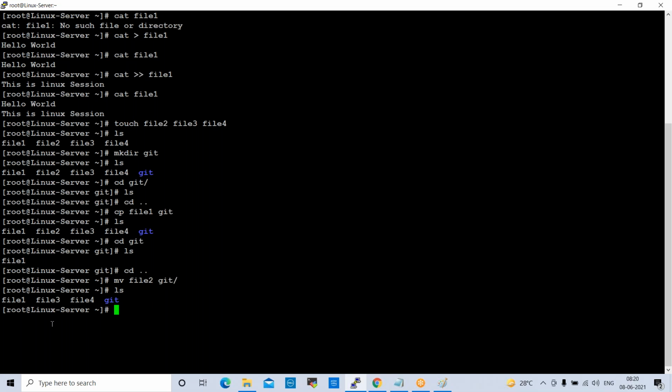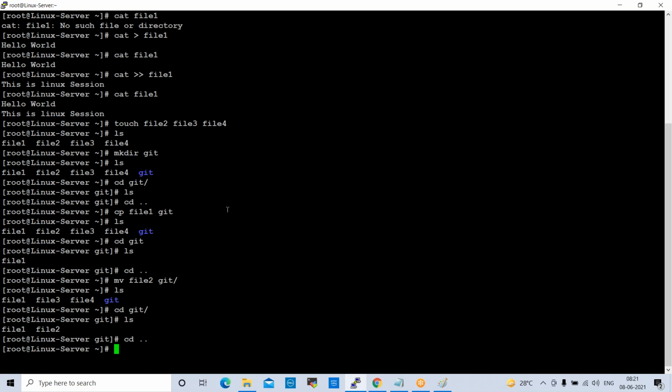So file2 is not available here. Okay, this is moved to the git directory, right? Now, if you go and check in the git directory, cd git, ls here, see here, file2 is available inside the git directory, right? So this is the difference between copy and move.